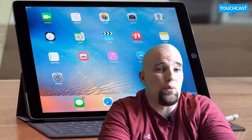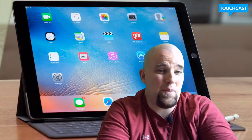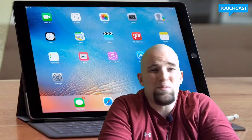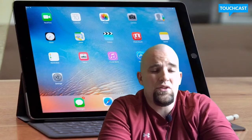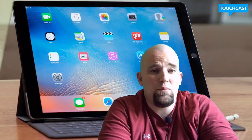So what the iPad Pro does, iPad Pro is the high-end version of the iPad family. It's a tablet, folks, but this one is meant a little bit for graphic designers. So as far as my take, the first thing is that this thing fixes problems with iPad in education pretty well. The two main problems with iPad in education, one has been the keyboard,